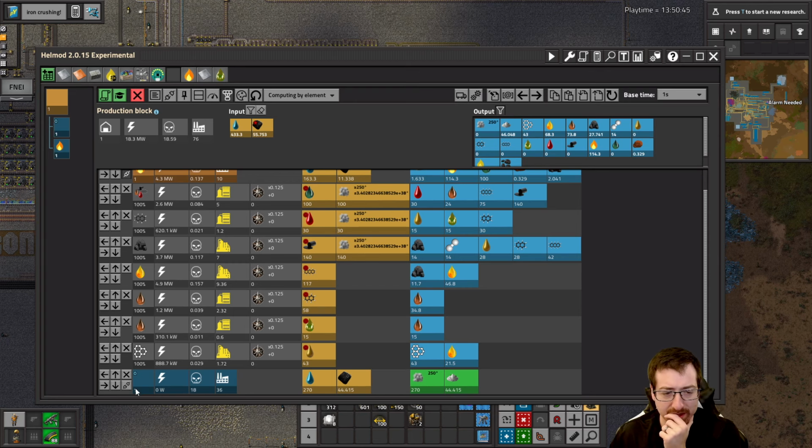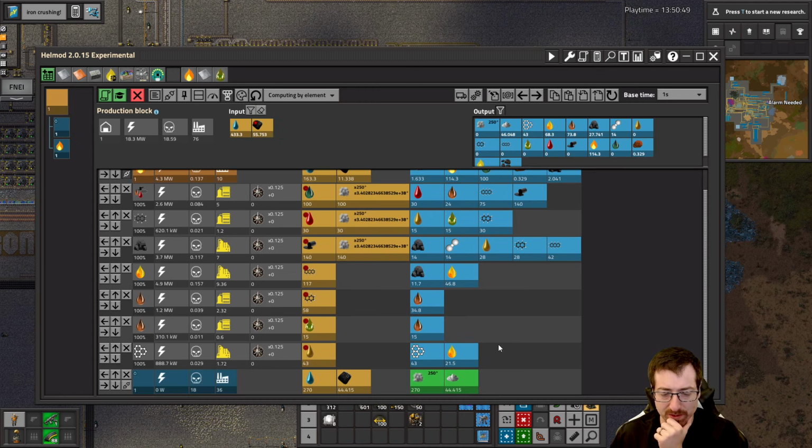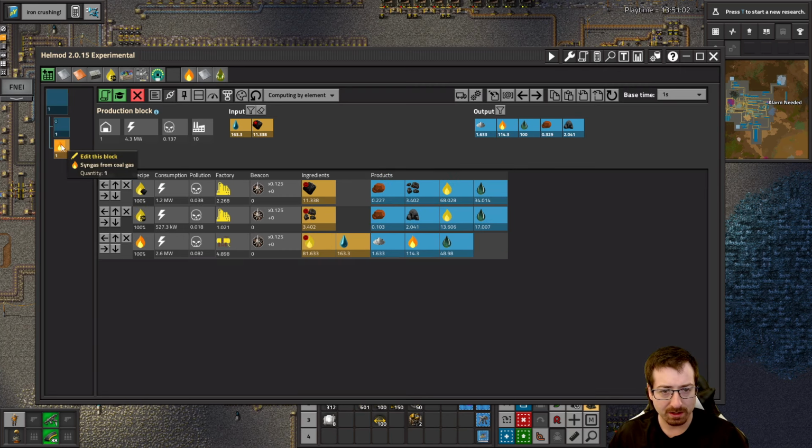Yeah, that should have worked in producer mode, so that would be the normal way to do it, but this is fine. We get all the numbers we want. Here are the final outputs. Look at all that deliciousness we get. So I think first I want to build...